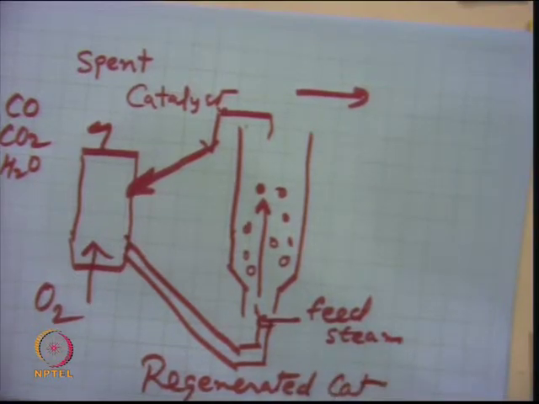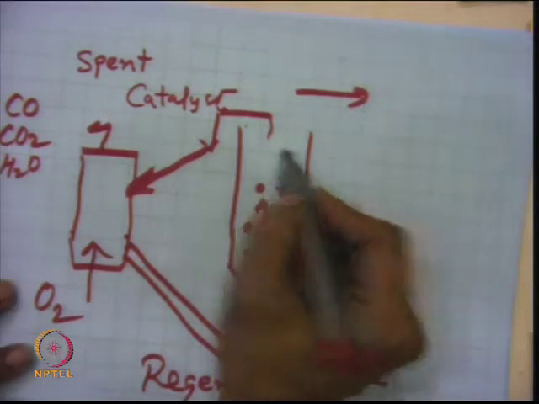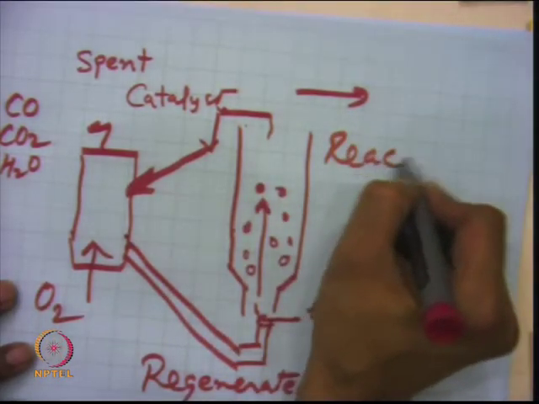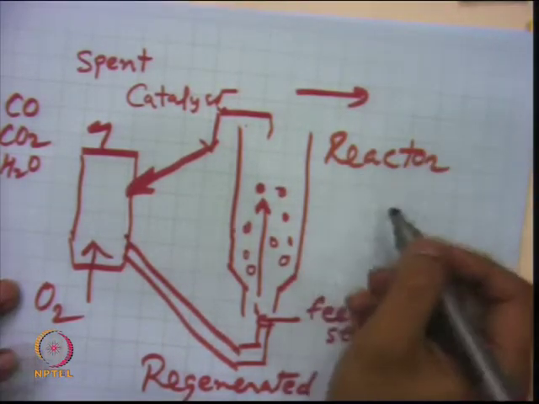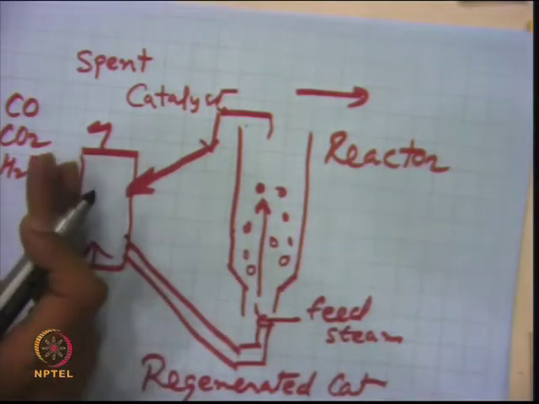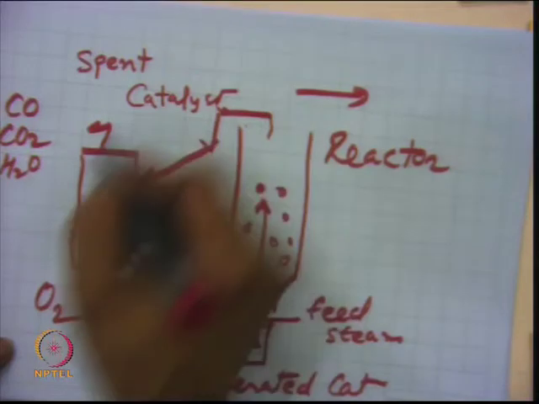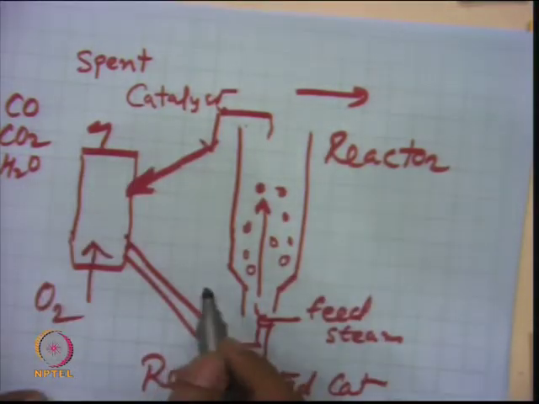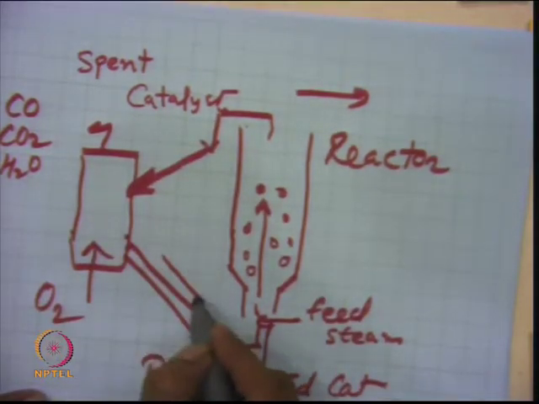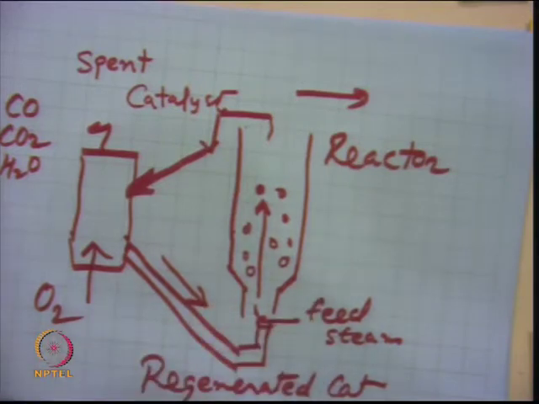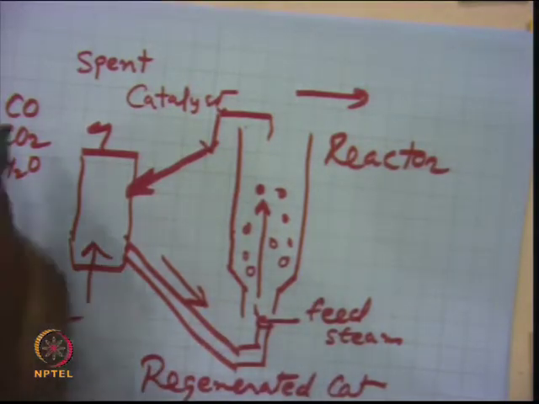So, this is one kind of simple design of how the reactor and regenerator are placed in parallel. You have a reactor here, which is a cracker, and on this side a regenerator, and continuously the catalyst is recycled back and regenerated, and the cycle continues. The design of this kind of system will depend on the type of licenser; different kinds of designs are available for utilizing these kinds of feedstock.